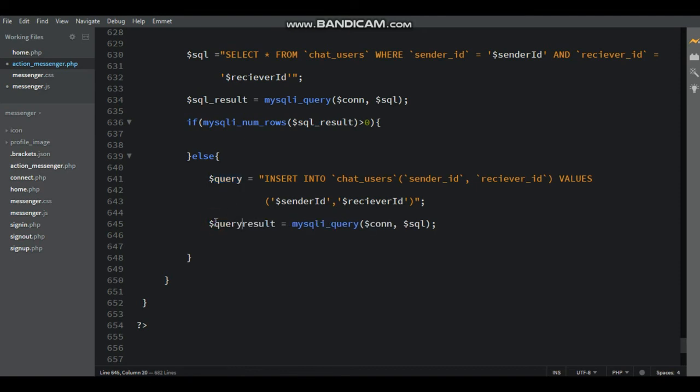Here $query_result equal to mysql_query inside the bracket $connection comma $query, and then if function inside the bracket paste the $query_result.